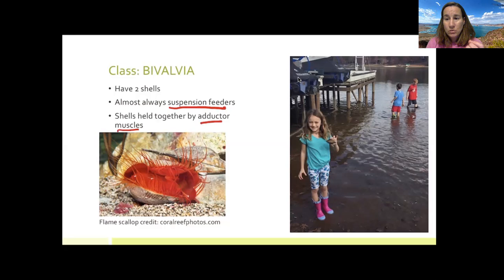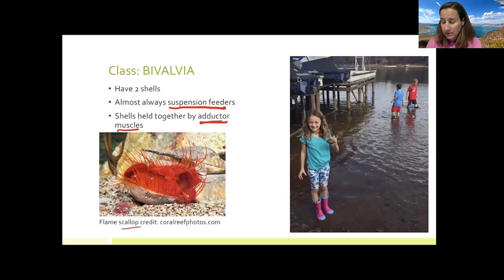So if you enjoy having fresh oysters, if that is your thing, you got to slice those. You got to cut those muscles when you slice open the oyster so you can get to the meat inside. So they are held together with adductor muscles. And so lots of things are in the class bivalves, but basically the two-shelled guys, clams, oysters, scallops. These guys can be fresh or salt water. You can find them everywhere.